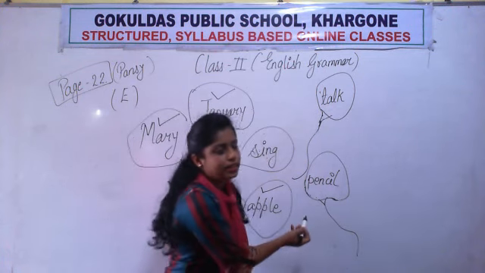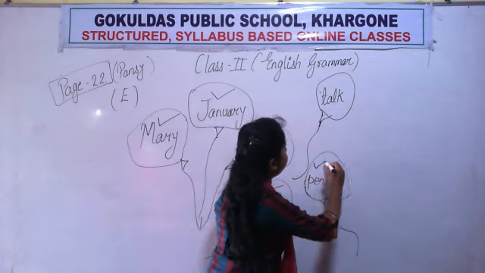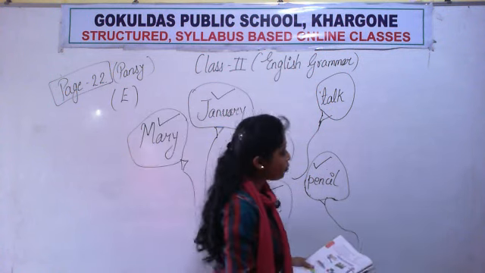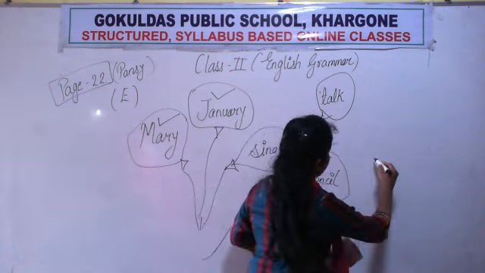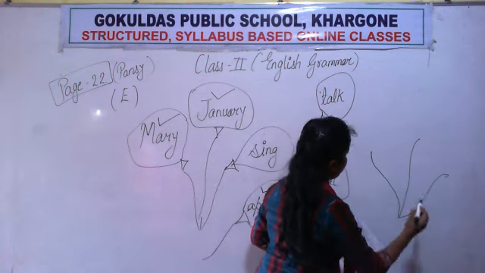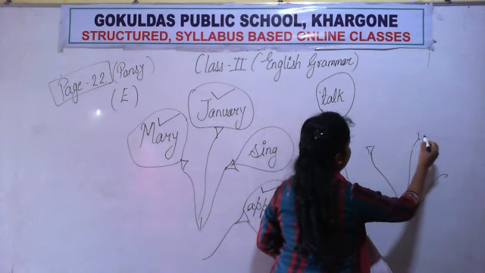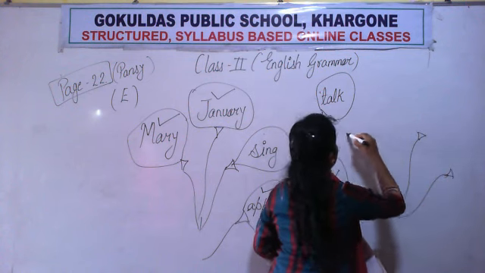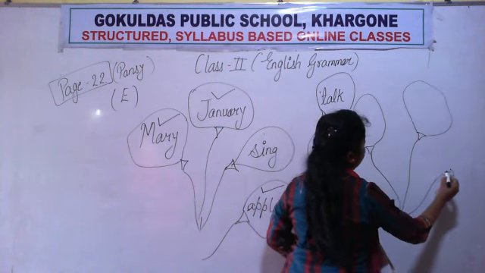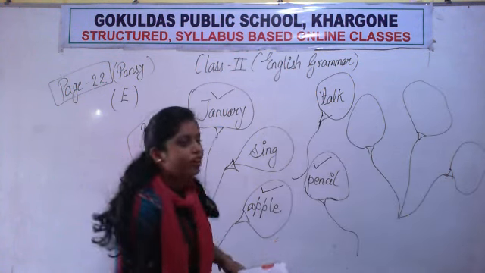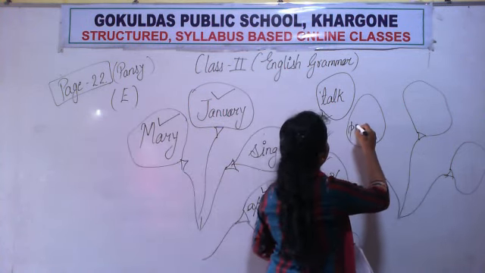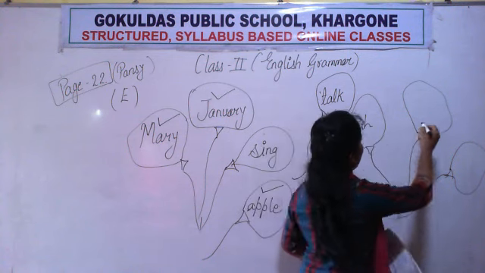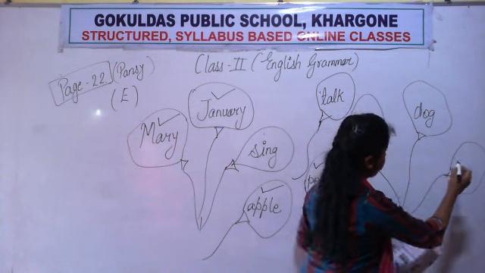So pencil, what is it? It is the name of a thing. So obviously it is a noun. Therefore we will put a tick over it. Then 3 more balloons are there. I just hope they are visible on that side. Just let me give a check. Yeah, can be visible. अच्छा, आपको लग रहा होगा कि मैम के सारे बलून्स की तो ऐसे हवा निकल रही है. ओके. Push, dog, and what is this?